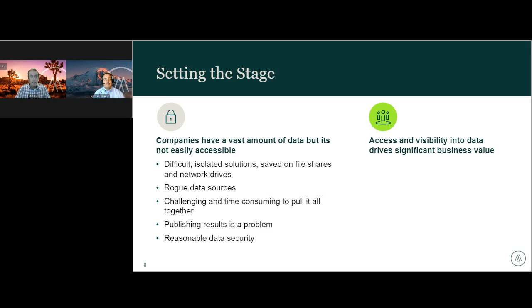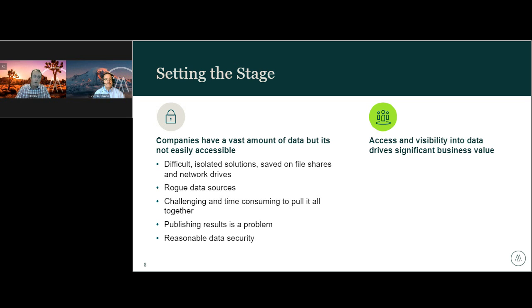So to set the stage, I think data is everywhere. There's been a big shift to digital through enhancements in technology. With the pandemic, there was a huge shift in digital applications, online, cloud-based platforms, pulling in more data. It's challenging, again, for those people that said, I have to log in manually. That takes time, right? I want the data at my fingertips. I know what I want to see, but it takes time to get that data and pull it all together.